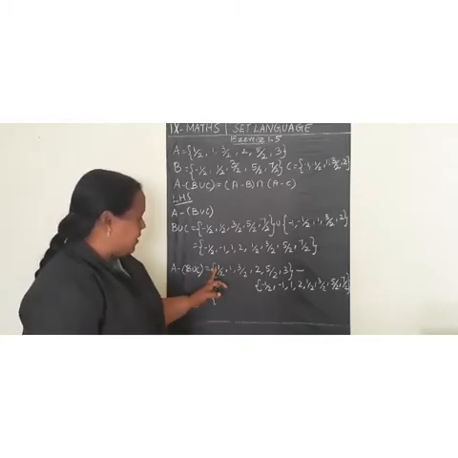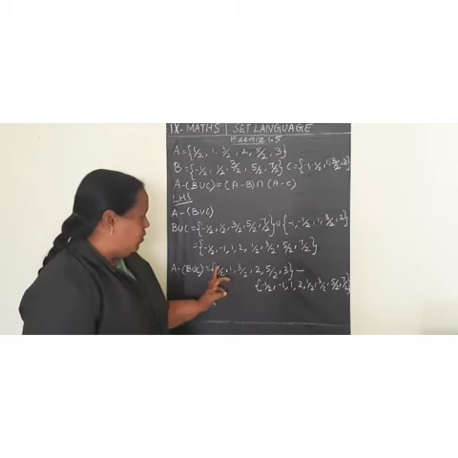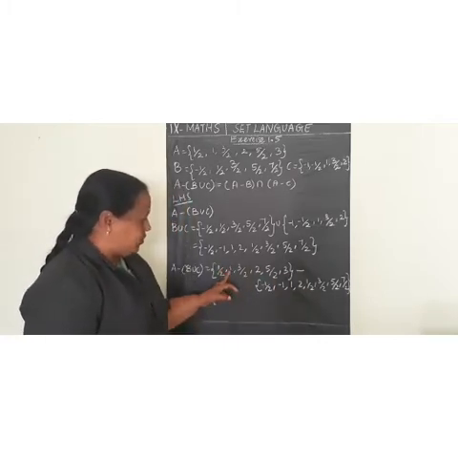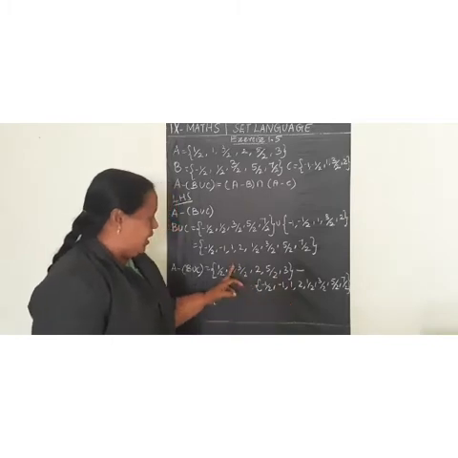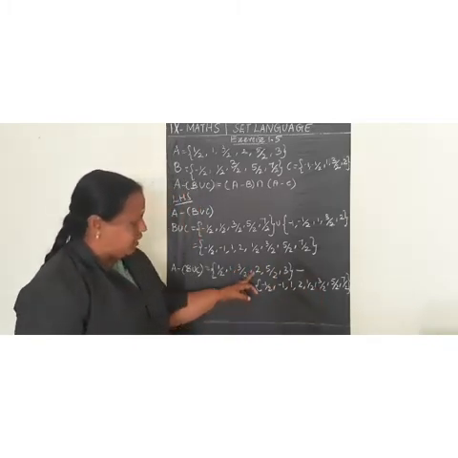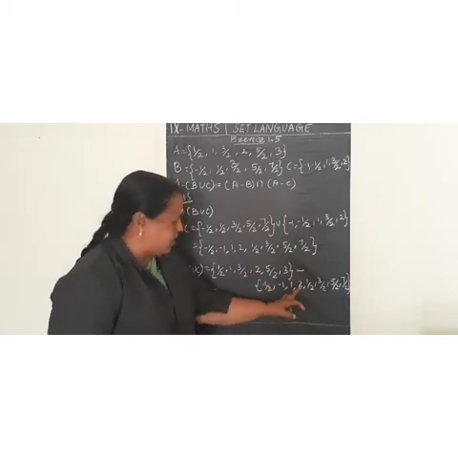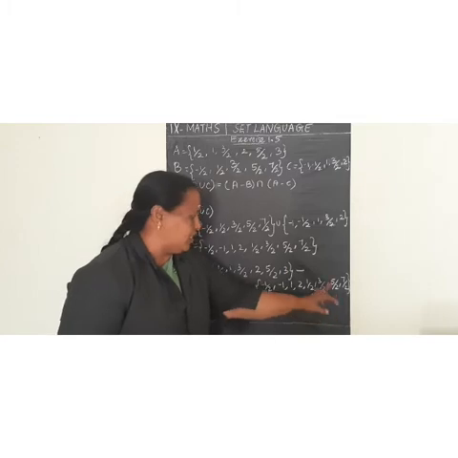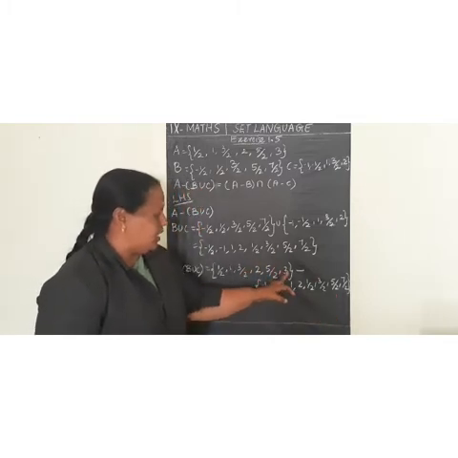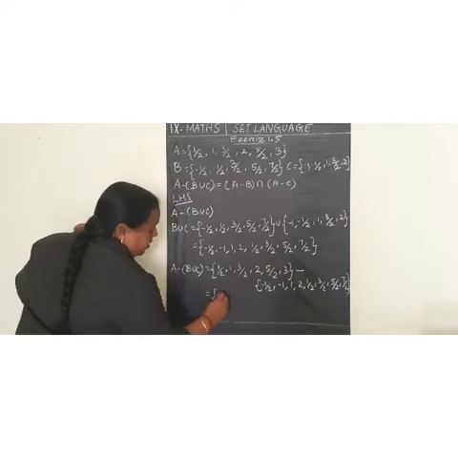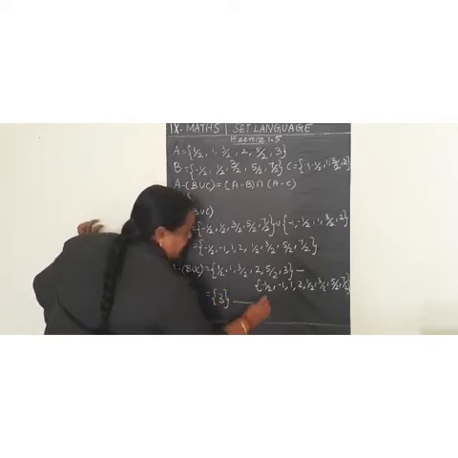Now the first element 1/2 is present in the set B union C. Next the element is 1, which is also present there. Next element is 3/2, also present there. Next element is 2, also present in B union C. Next element is 5/2, also present in B union C. Next element is 3, and 3 is not present in B union C. So A minus (B union C) is {3}. We take this as equation 1.